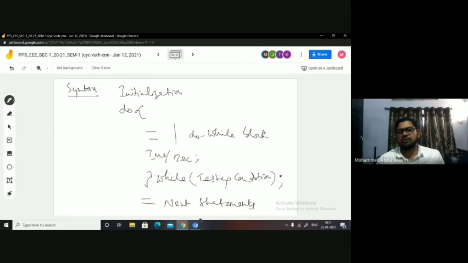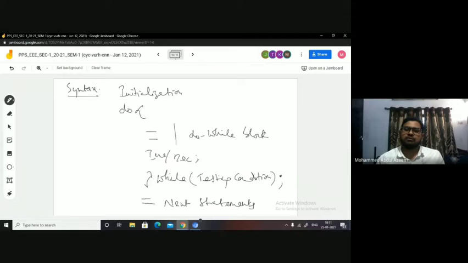Only then you test the condition. If the condition is false for the first time itself, you still execute once. So this is the difference between while and do-while.